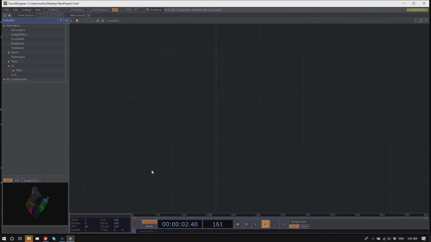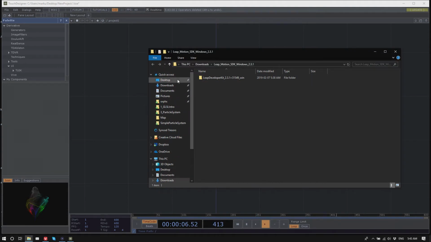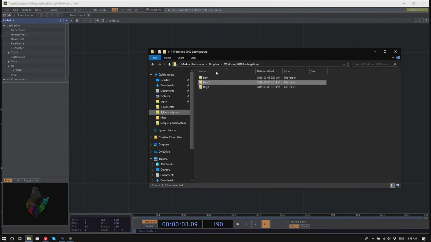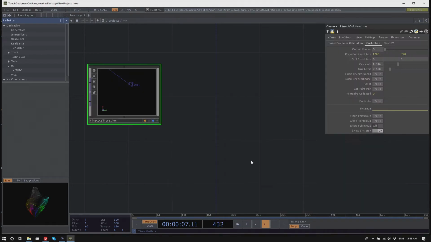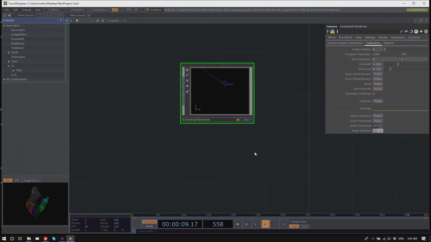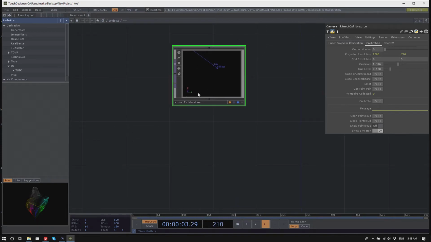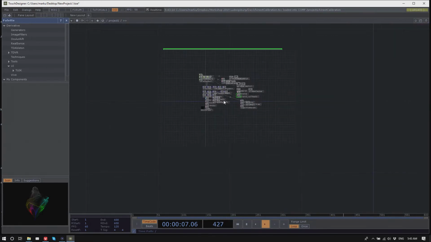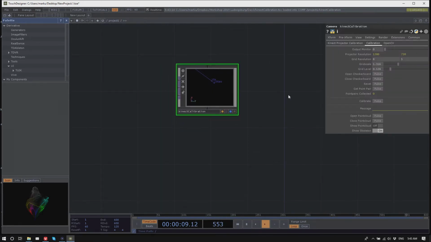And a good thing you can do with the Kinect is something I posted on the forum, and I also added it to the day 3 folder, it's actually the only file in the day 3 folder here. It's the Kinect calibration routine, a little operator that helps you with calibrating a Kinect to a projector.